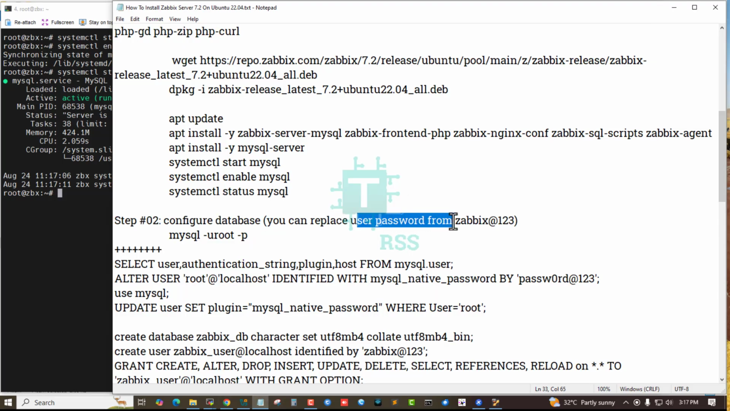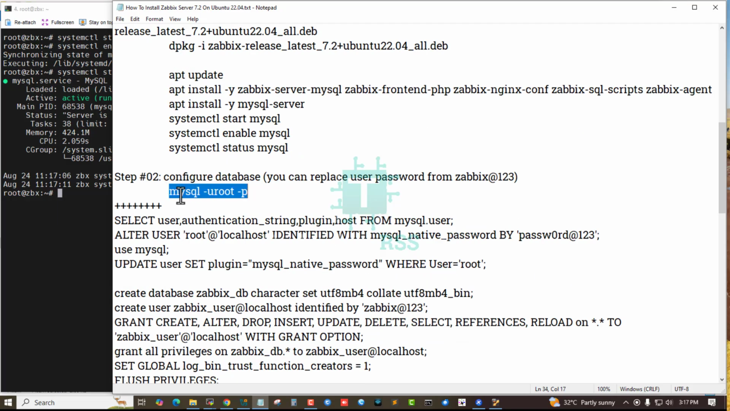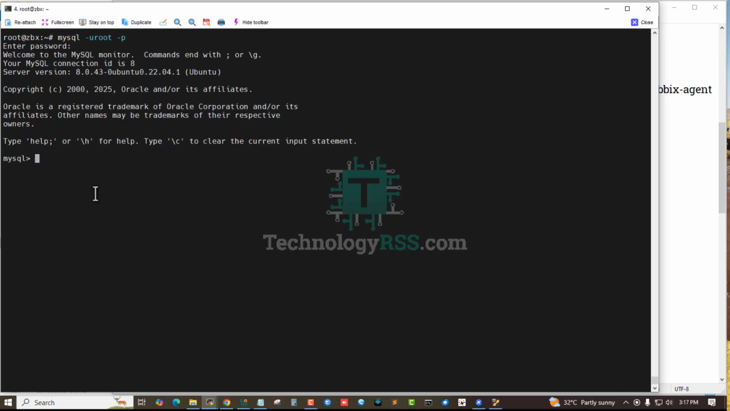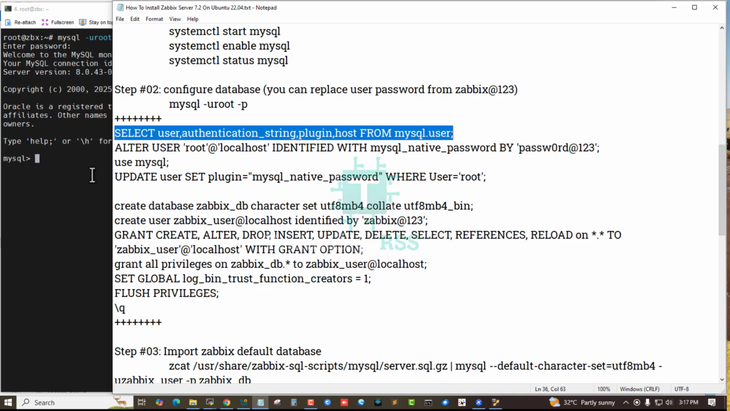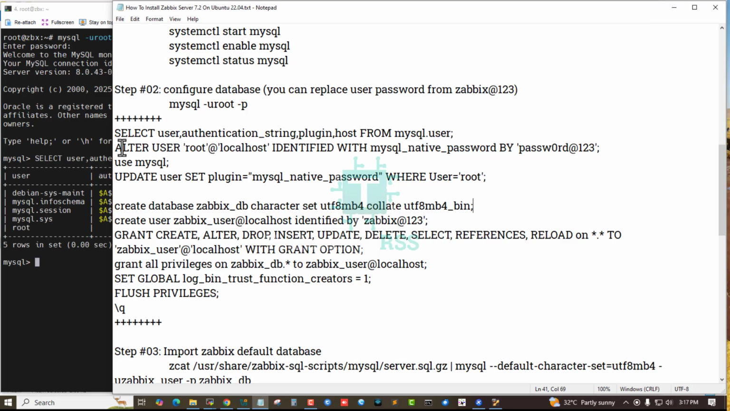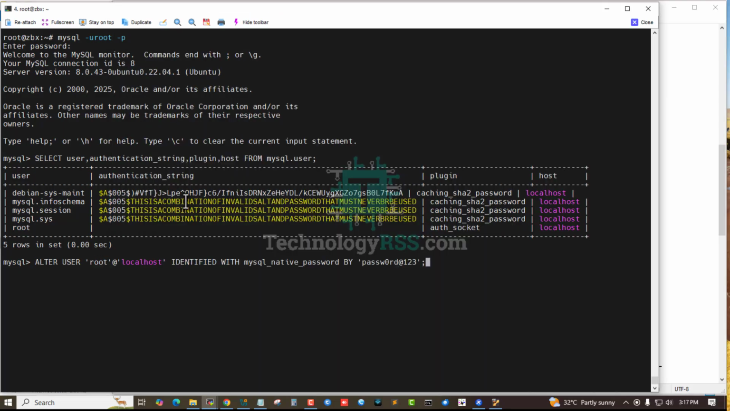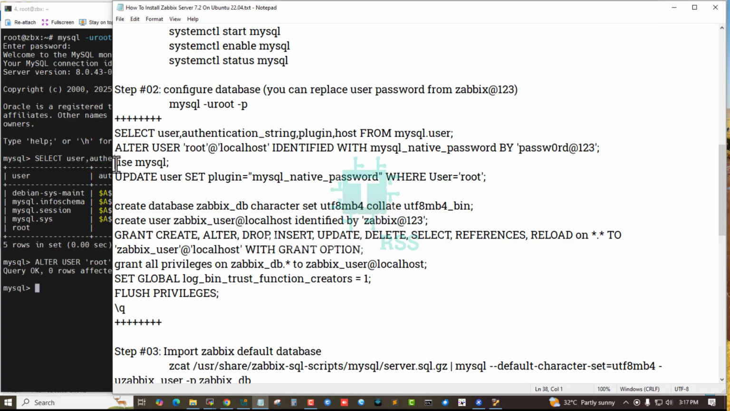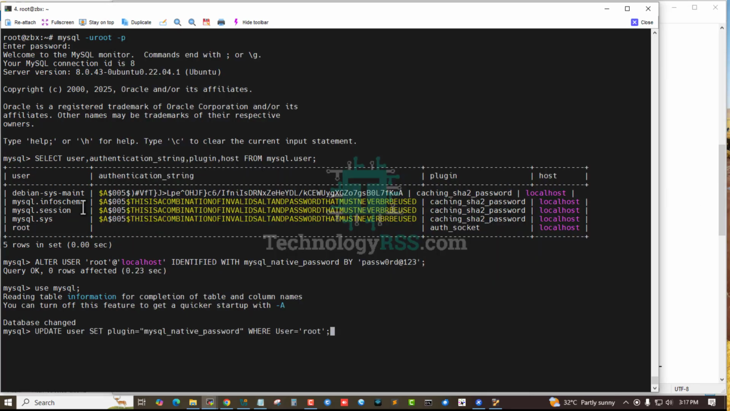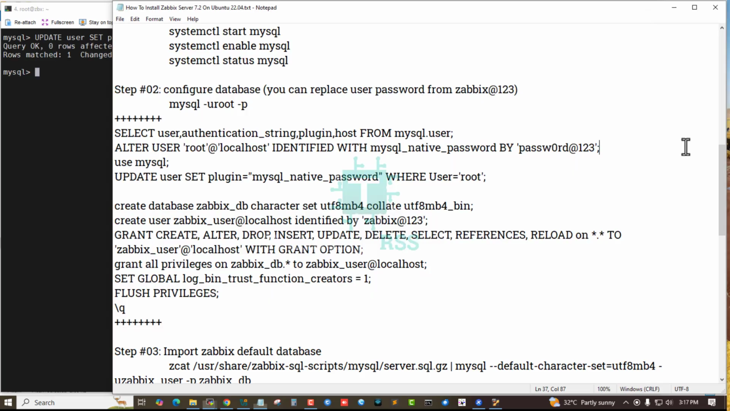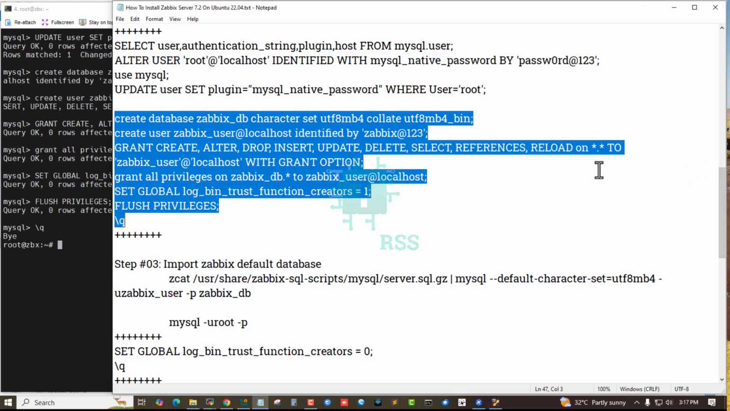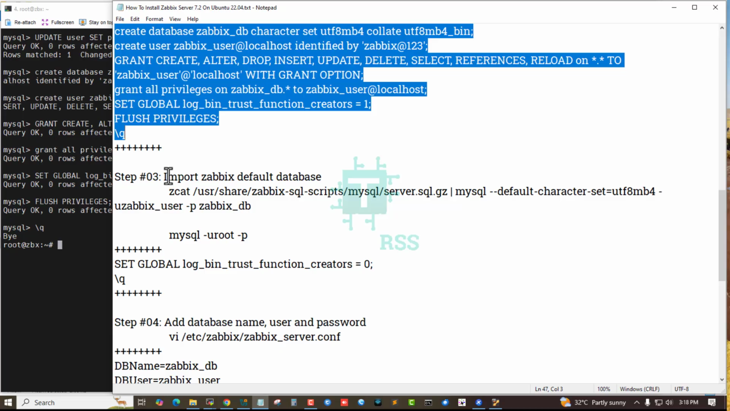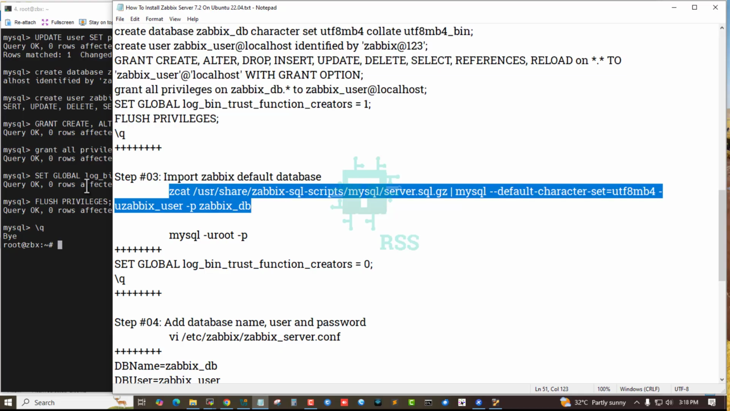Now step 2, configure database. You can replace your password zabbix@123. Now I am logging into MySQL terminal using blank password and then reset my root password using this command. This is my root password. Update this root password using mysql_native_password and then create the Zabbix user password. Import Zabbix default database using the created